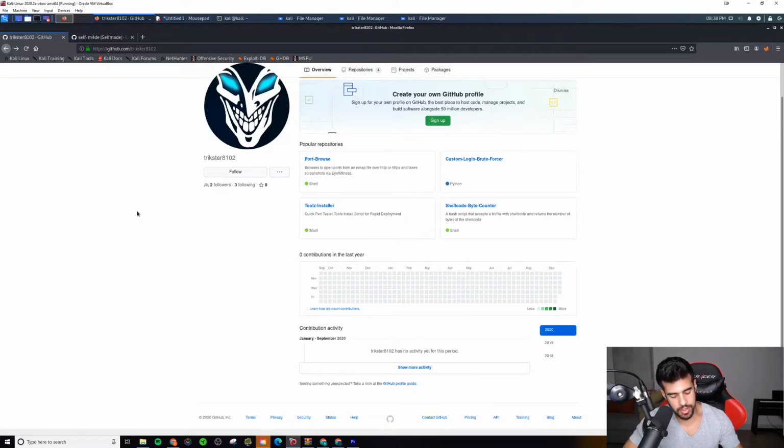Now, with OSCP, what we care about most, we don't really care about fully functioning programs used by thousands of people. We don't need it to be as fast and streamlined as possible, or be able to handle concurrent sessions and multi-threading. A lot of times we don't really care about that, right? We just need something quick and dirty, something we can write up quickly to get the job done and move on, because at the end of the day, we want to save time, and that's what scripting is used for